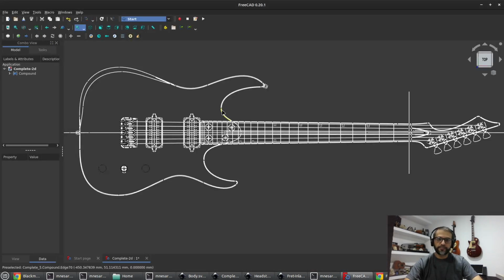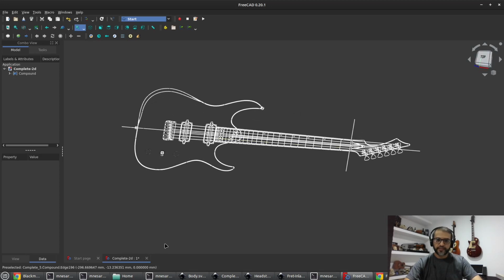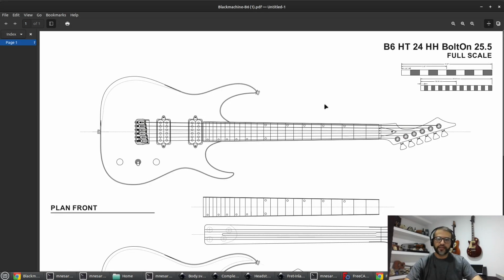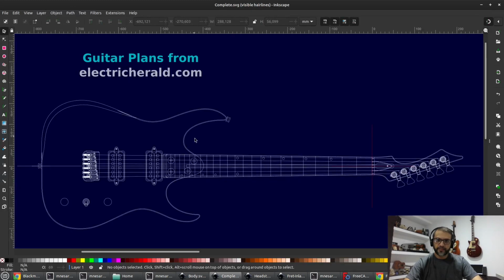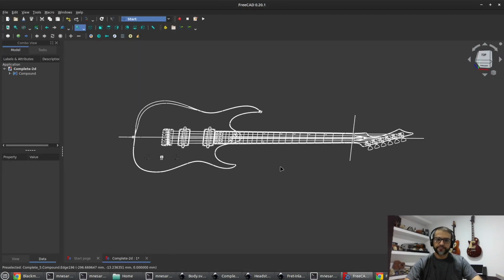To not lose time, I have this FreeCAD file that just imported the SVG file. This is a flat thing, you can see. It was imported and modified in Inkscape. So in Inkscape I have this file imported from the PDF file, and I imported that in FreeCAD, so we can use that as a reference. Then I will create the fretboard, then the body, the headstock and the neck,